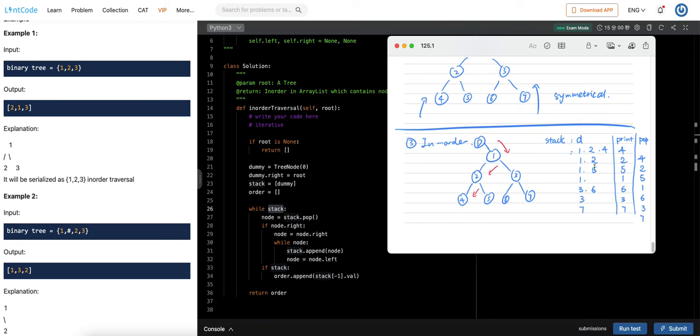And at this stage we'll print 4. As you can see here, 4 is the leftmost node in the graph, and it should be printed first. And then we move to 2 in the graph, and it will be added to the order since 4 doesn't have any right subtree. And then we add 5 and 1, and just keep going. And you can see here the way we write the code, the print, which is the order append, is always going to be one